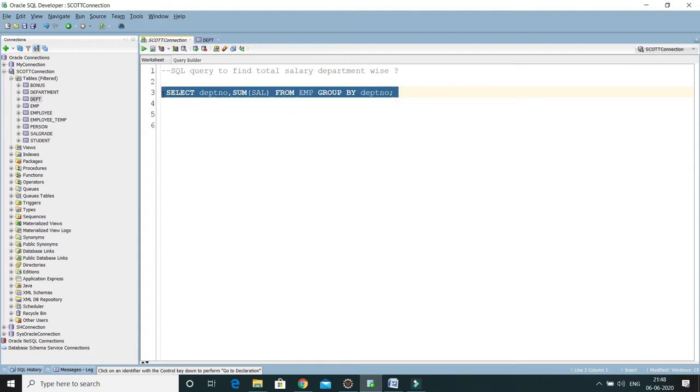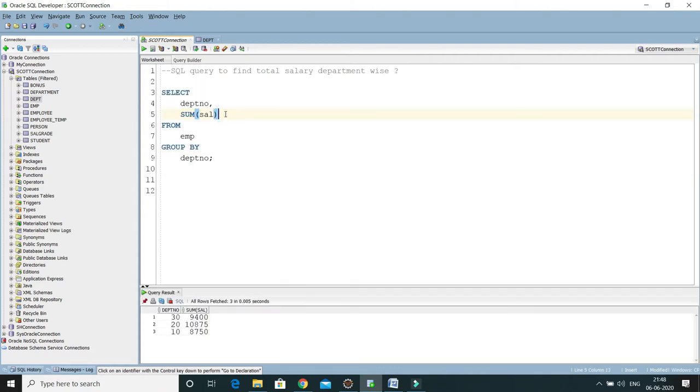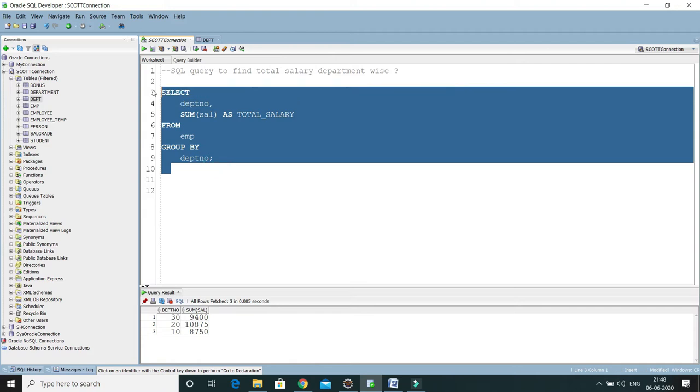Let me format this query by pressing Ctrl F7. So this is the query. If I run this query, here you see the output. Here you can specify some alias like as total salary. Now if I run this query, you'll see the column name has changed.